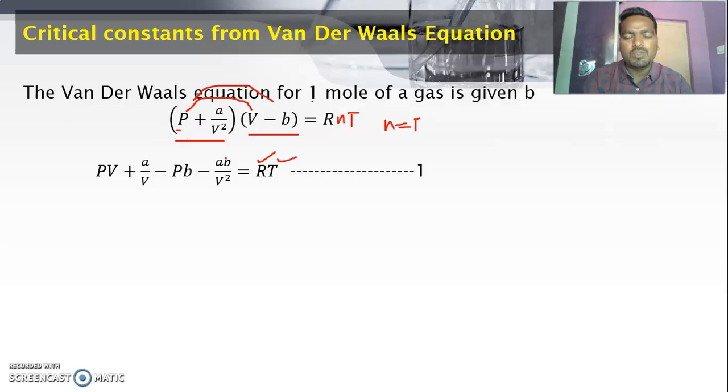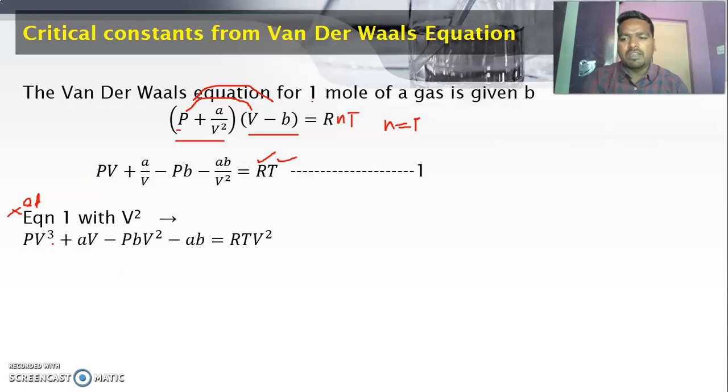Then if you multiply these two terms, we are going to get equation number 1, that is PV plus A divided by V minus PB minus AB by V square. Then multiply equation 1 with V square, so multiply all the terms with V square. We are going to get, already V is there, so it becomes PV cube, and A by V into V square is equal to AV, minus PB V square, minus AB by V square into V square is equal to AB, is equal to RT V